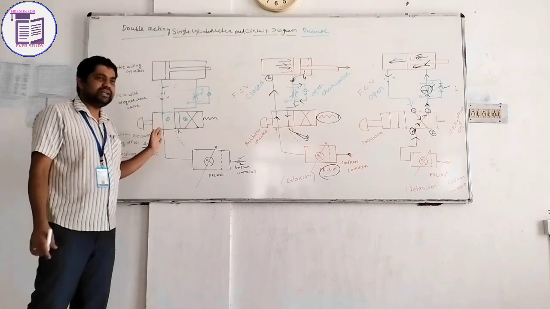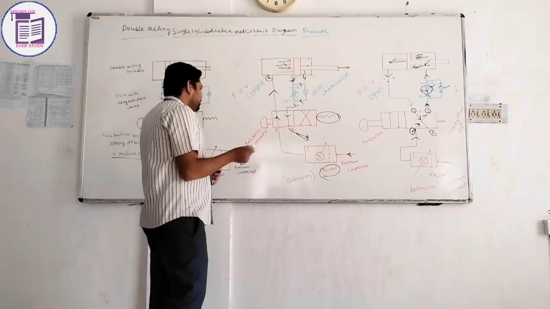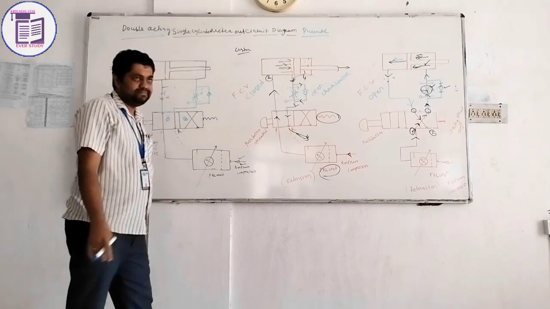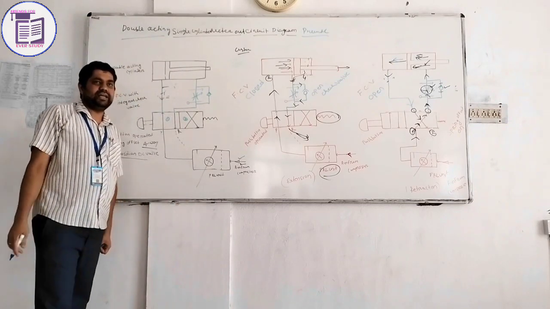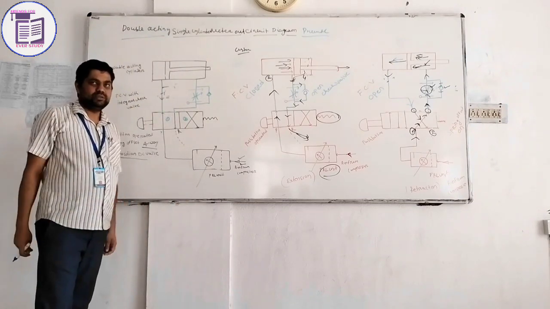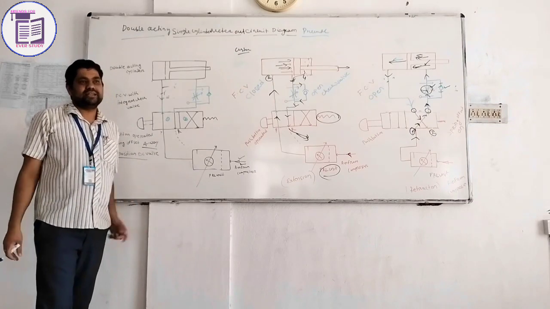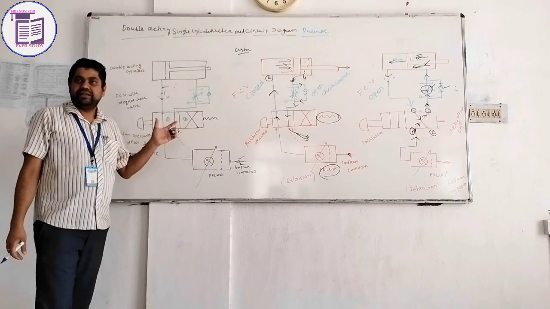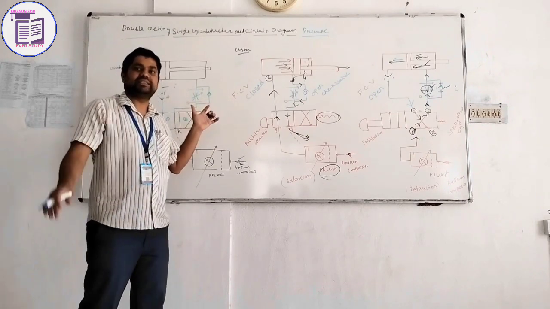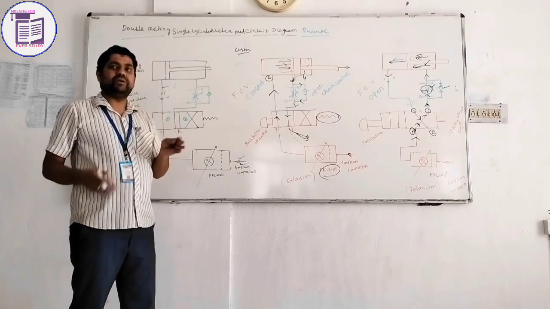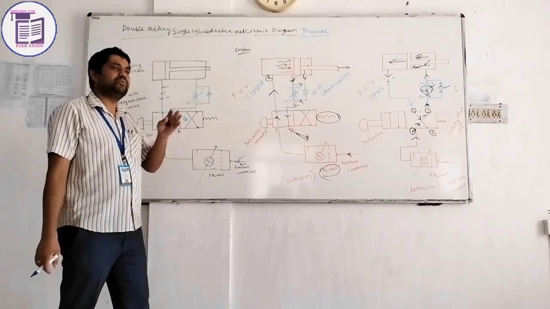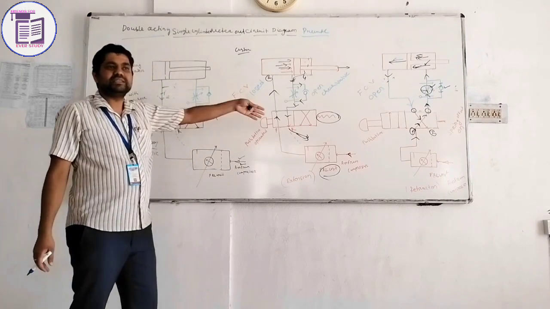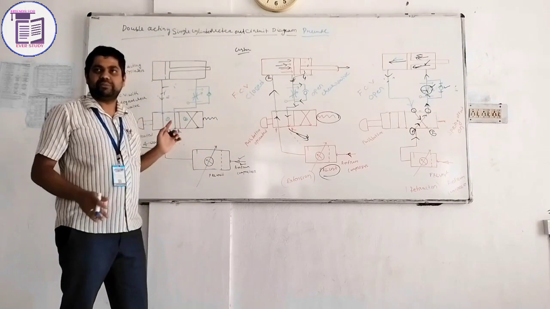And why do we need it? According to the need of your system or customer's need. How? If a machine needs something, for example there is a need for tool changes, and tool changes occur in a forward direction, then this will require air pressure. Then you use the meter in circuit or extension side circuit. When the tool changes occur in a reversal process, you need the retraction side. So the pressure need is on your retraction side, so you can use the meter out circuit. This is the basic difference between meter in and meter out.